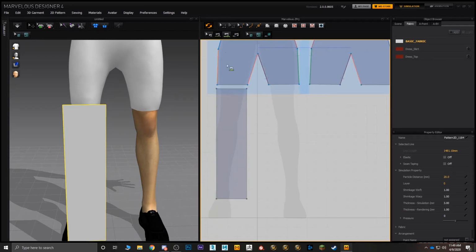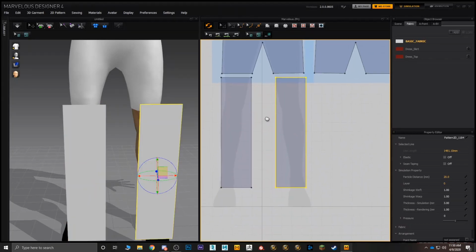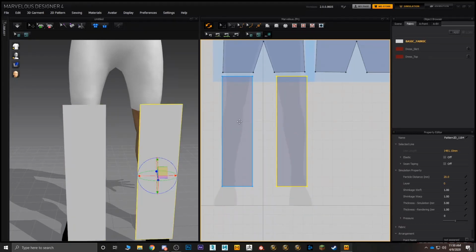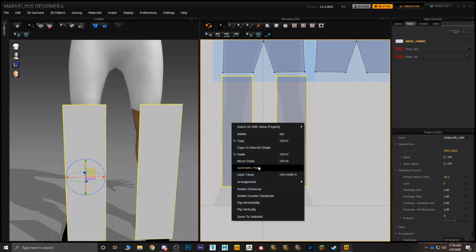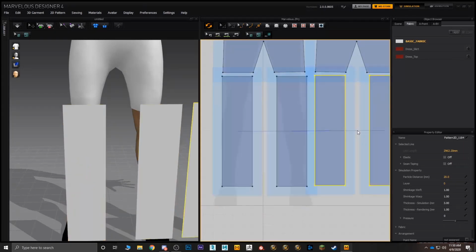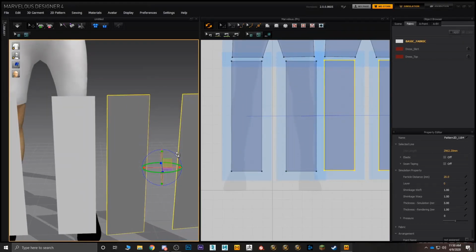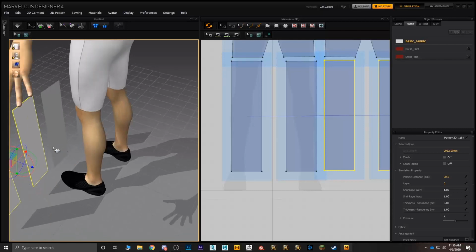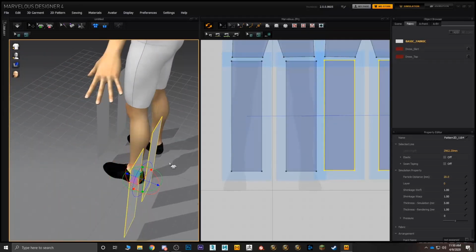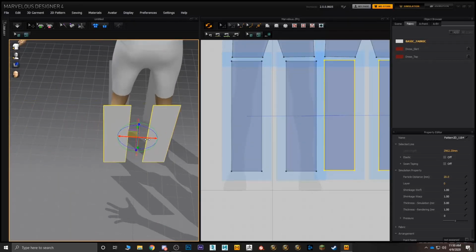And make sure I Control click V. So Control C, Control V on this leg. Select both of them. Click, Shift click, Control C, right click, symmetric paste on the other side. We're going to take both of these and rotate them and position them as well. So same as the shirt, what we're gonna do is,